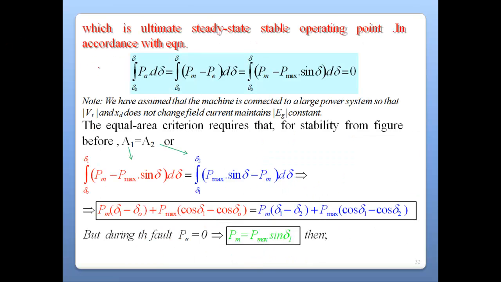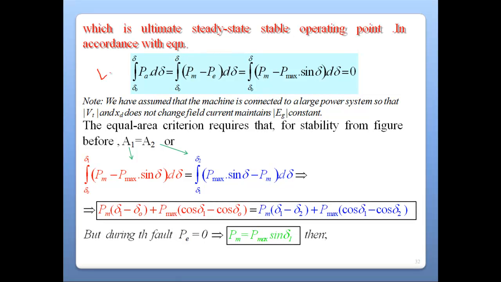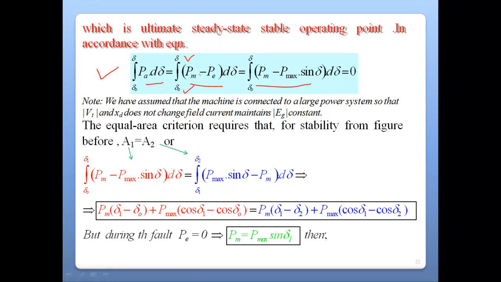Now, from the previous lecture on the swing equation, we have the accelerating power in terms of d delta given by this relation, and it can be solved with the help of electrical power in this relation. And the limit of integration is basically delta naught to delta. It can vary from 0 to 180 degrees for a full analysis, and for a stable analysis 0 to 90 degrees. Now, we have assumed that the machine is connected to a large power system. That is, a large power system means an infinite bus system we are talking about, right? So that terminal voltage and impedance as well as the frequency, all the parameters are basically constant.